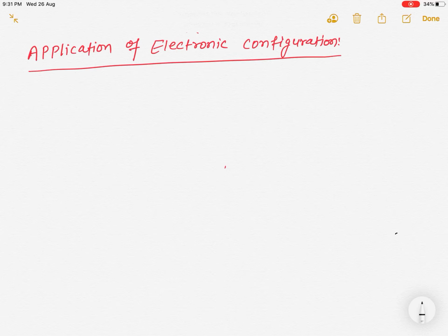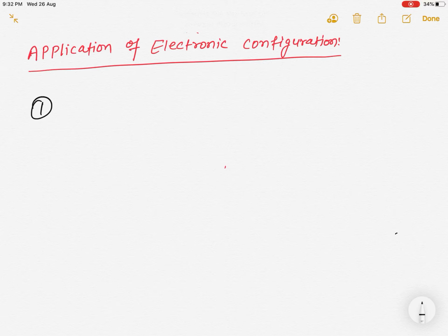This comes under basic chemistry only, which is going to help us in many other chapters to come. And this is also important. Understanding this topic is important from an SEJS point of view once again, and if you are aspiring for NEET or IIT JEE in future. So let's jump to the topic. What are the applications of writing electronic configuration?